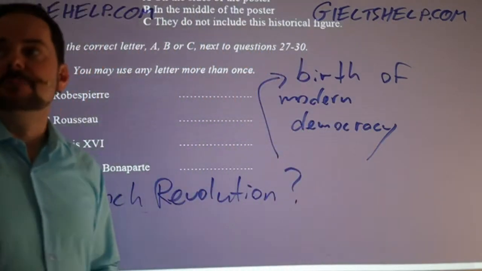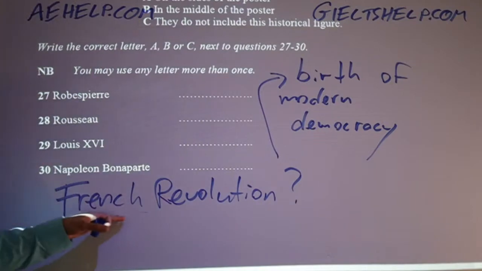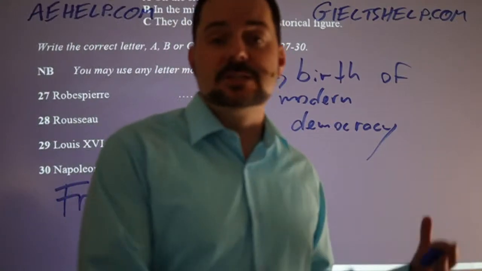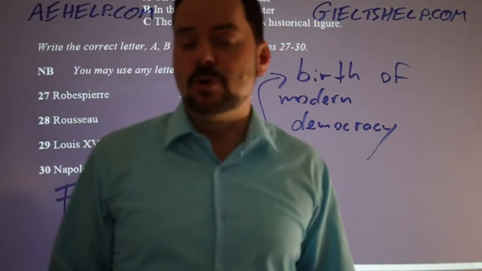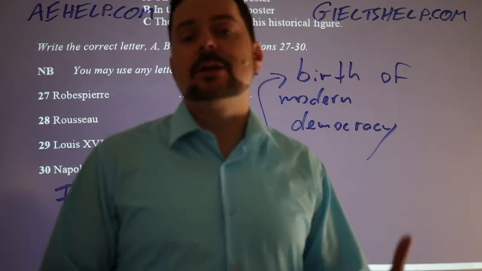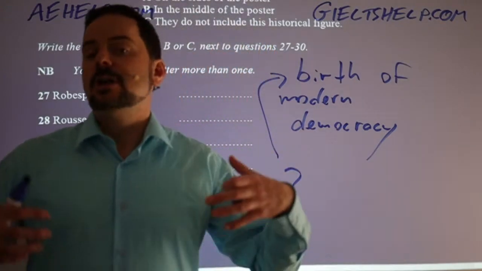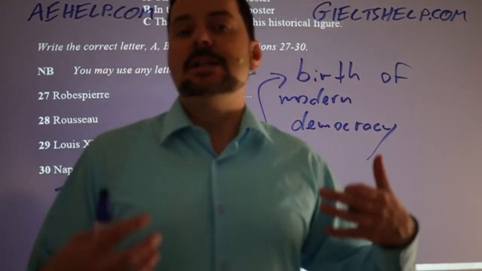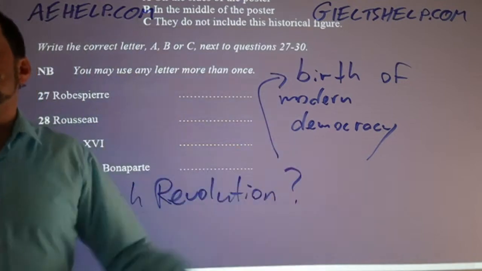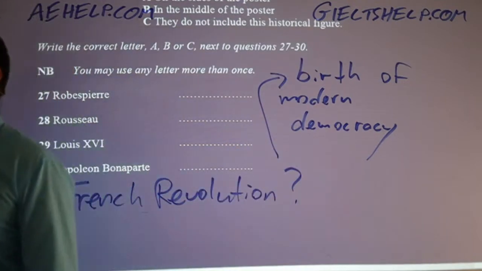Okay? The French Revolution, the French overthrew their monarchy, their system of kings and queens, and they said, no more. We now want to elect our ruling government who controls the affairs of the people, and it's the right of the people to choose their leaders in free democracy. Okay? So you should know that.